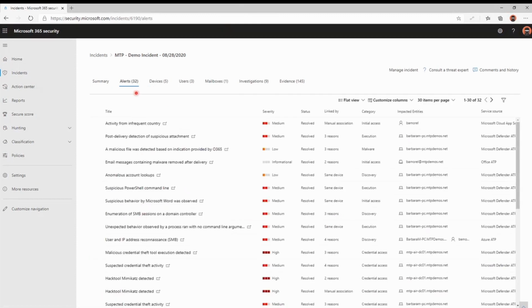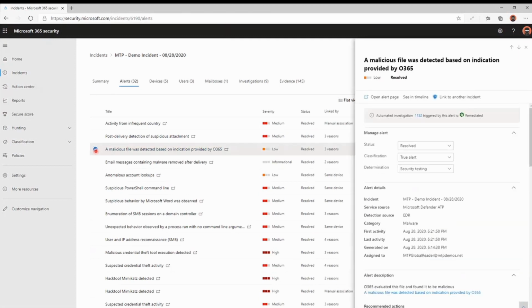So the SecOps team can now see that Microsoft Defender for Endpoint has identified some malware that was delivered by Outlook, right? So we see this, a malicious file was detected based on indication provided by Office 365. So let's take a look at that. When you dig into this alert, you can get more information